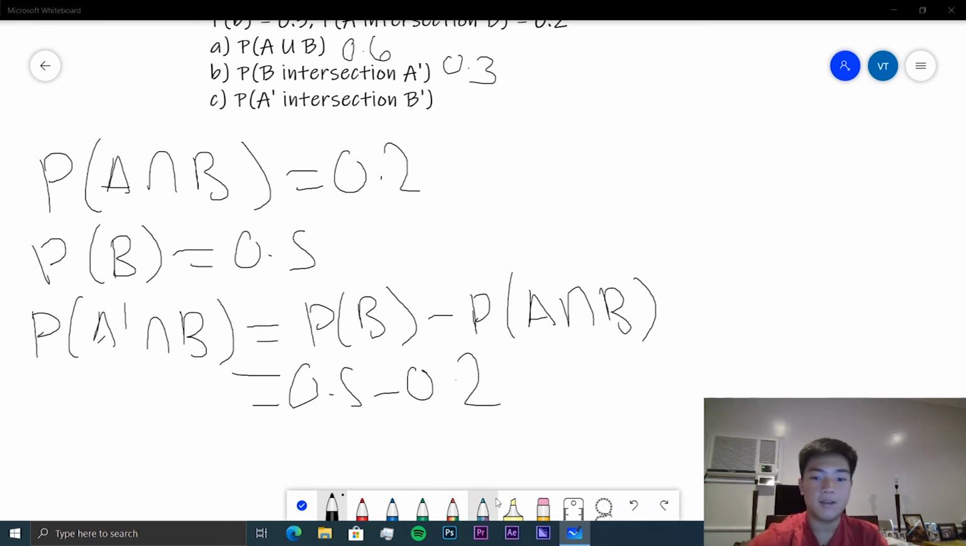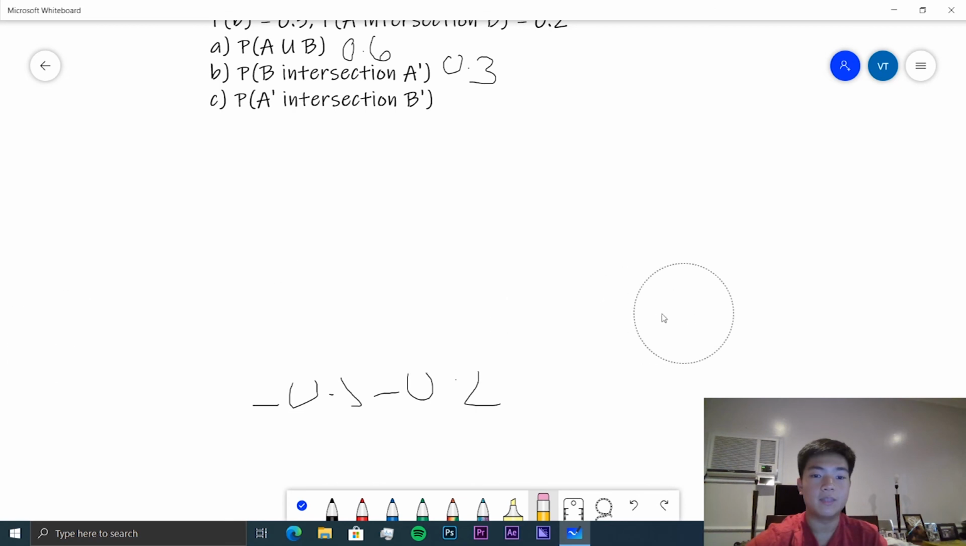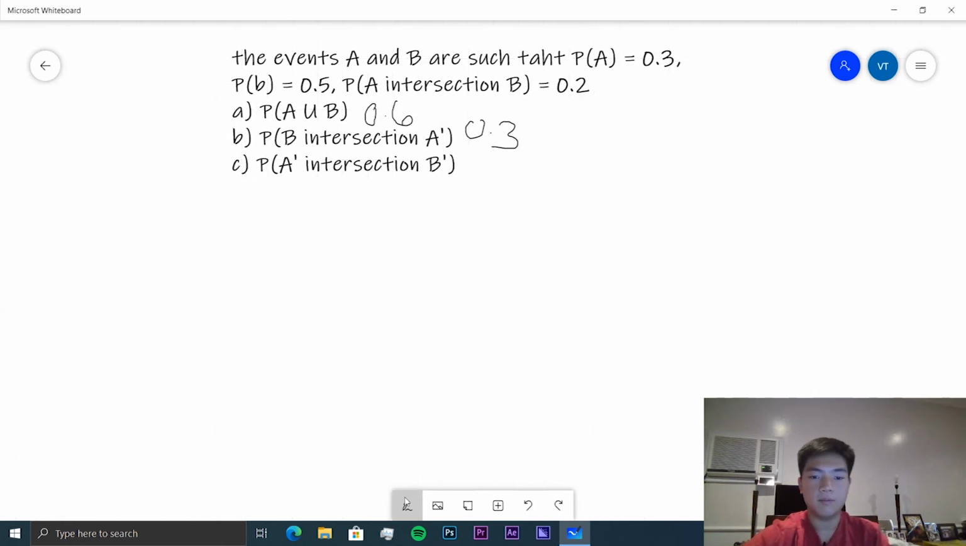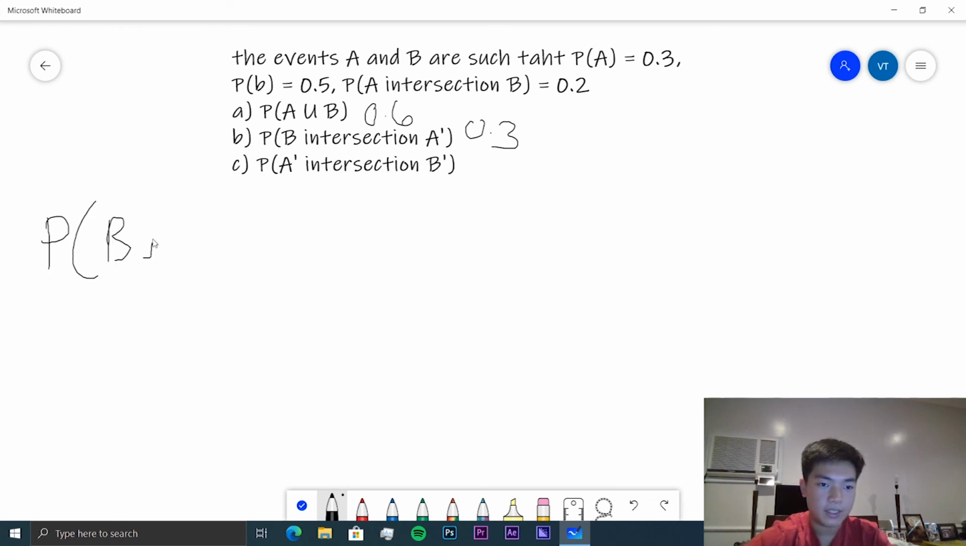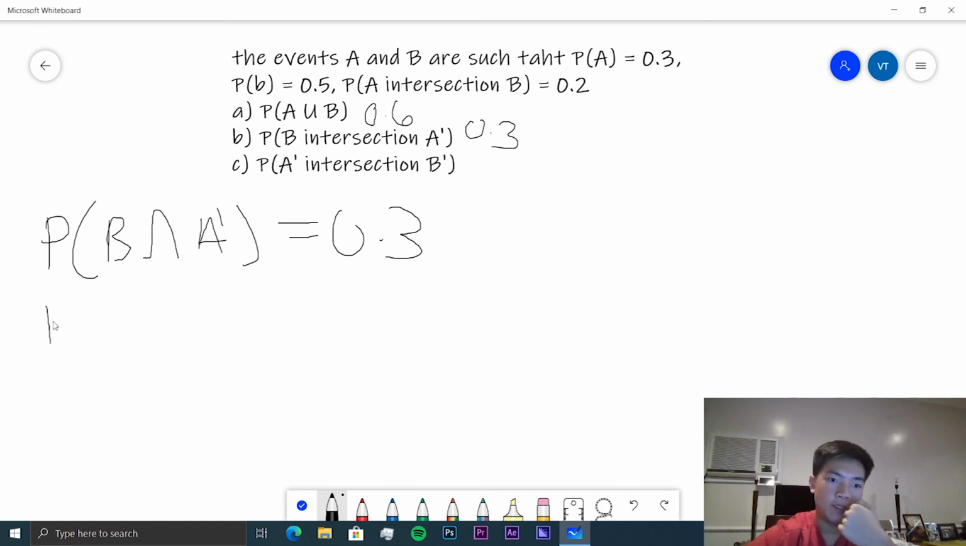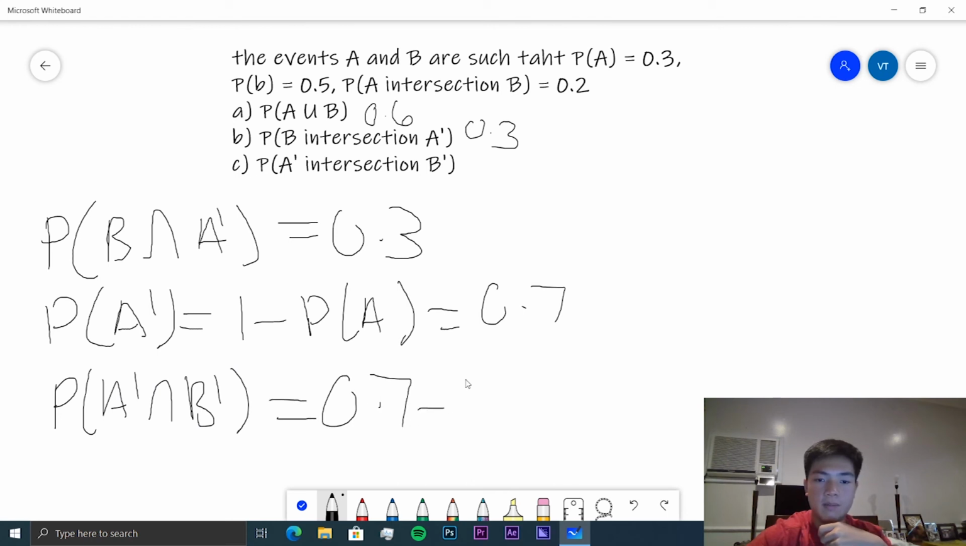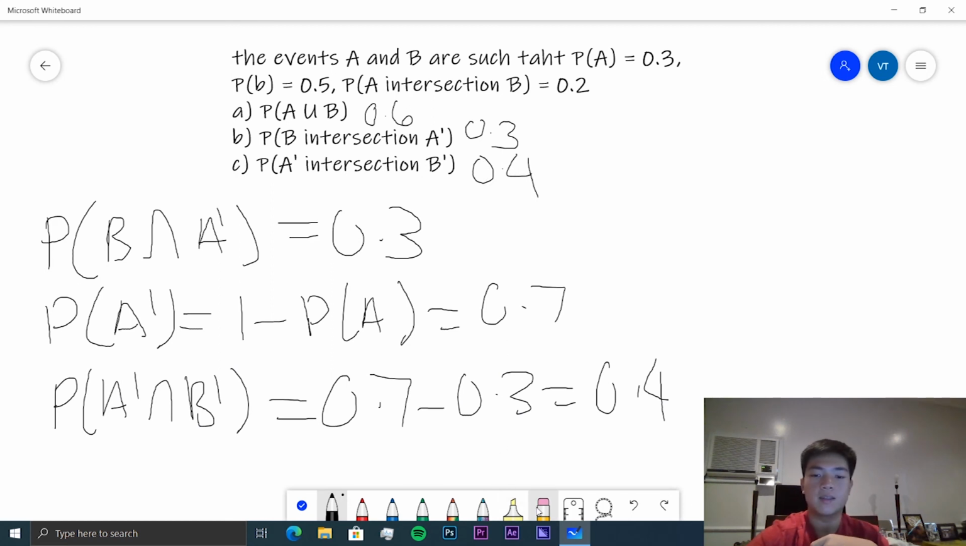Okay? And finally, the probability of A prime intersection B prime, well, we can use the fact that we know that probability of B intersection A prime is equal to 0.3. And so it follows if the probability of A prime is equal to 1 minus probability of A, which is equal to 0.7, then the probability of A prime intersection B prime must be equal to 0.7 minus 0.3, which is equal to 0.4. So that is the answer. Nice. Okay, on to the final question,